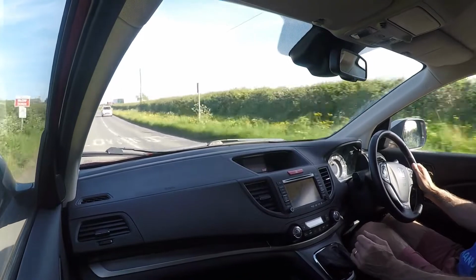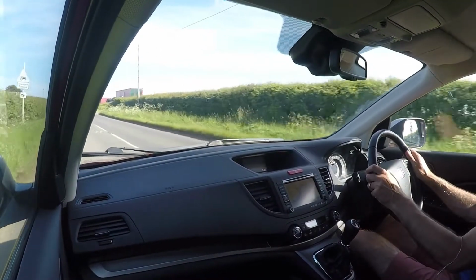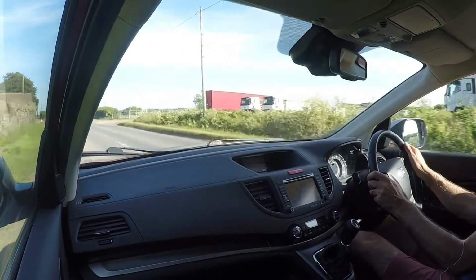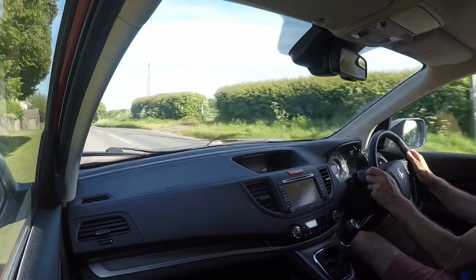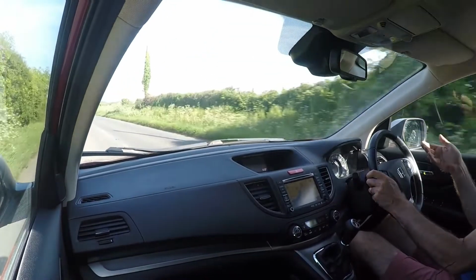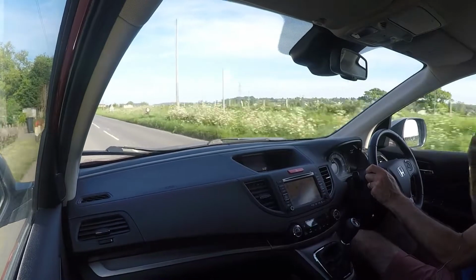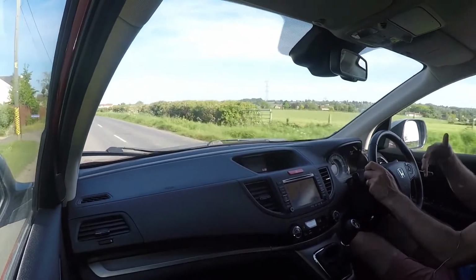But what it isn't is one of those cars that just sort of feels vague at speed. It's very confidence inspiring, and it feels really tight and precise on the road. Suspension helps with that, because what it gives you is a remarkably compliant and comfortable ride. But when it goes to the corners, you don't get loads of body angle with the lean of the car,